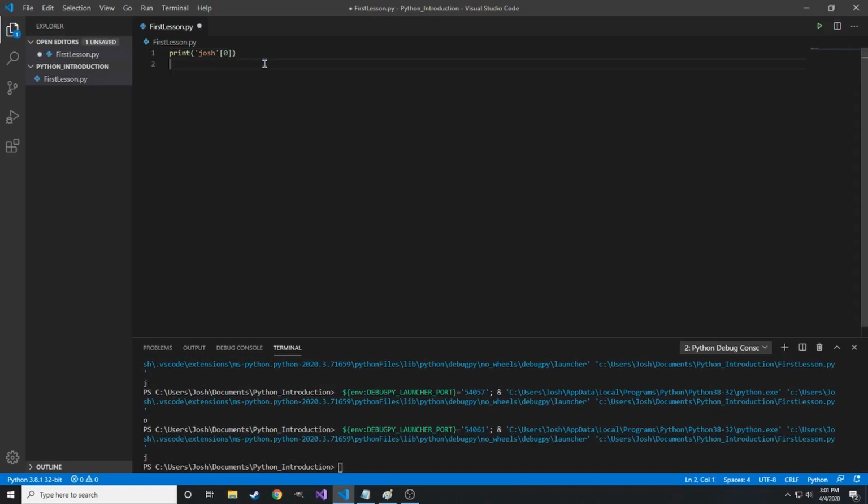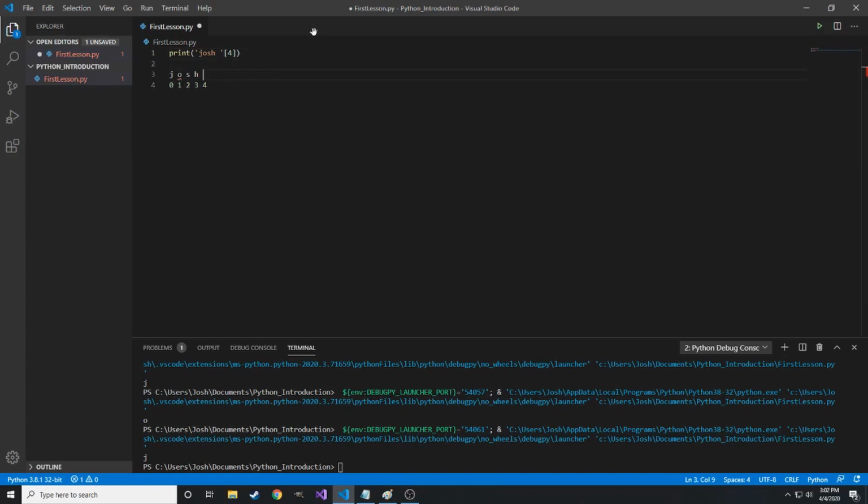What does this mean? Well, it's very simple. It separates the string into a list, which we will talk about in another episode. And basically what it's doing is just doing this. It separates each character and then counts them from 0 and so forth, as you can see here. So that is the reason why when I put 0 in here and not 1, it'll give me the letter J. And also if I put a space here, that space will also count for a reference. For example, if I put 4 here,